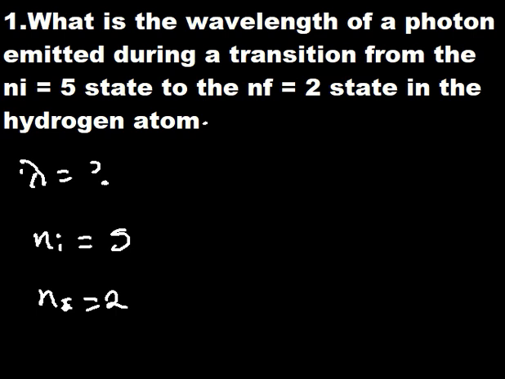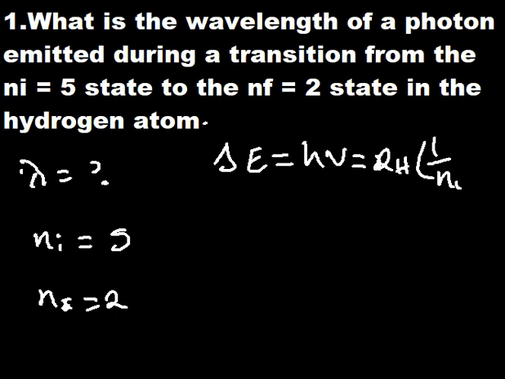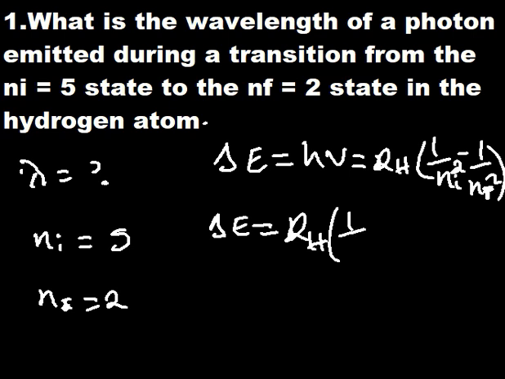Planck's quantum theory, the change in the energy is given as Planck's constant times the frequency, and using Rydberg's equation, this is the same as RH times 1 over initial energy level squared minus 1 over final energy level squared. So the first thing we should do is calculate the change in the energy using this formula, and upon having the energy difference, then you'll be able to have the